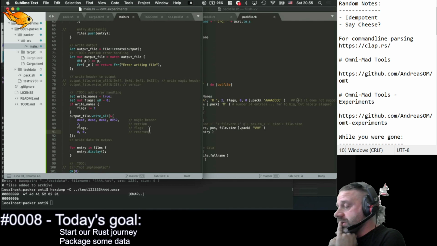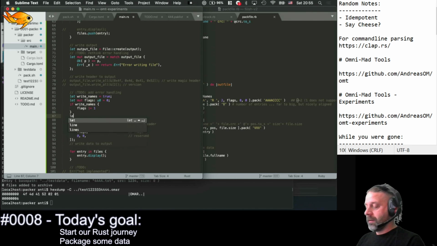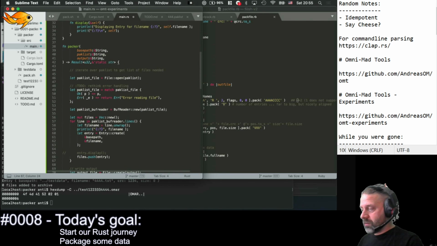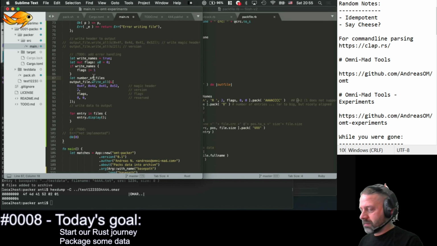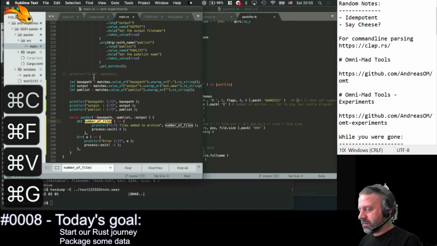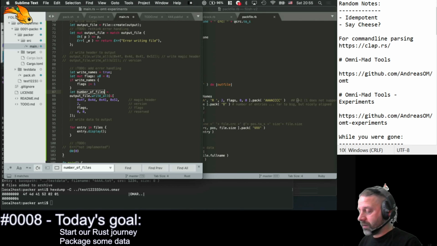I'm wondering, I don't want to do it manually. So we have the number of files, right? We know that. I mean, why is it auto completing this? Where do we use this? Okay. The number of files is, and we want to be sure it's a u32, just to be very explicit. The number of files is